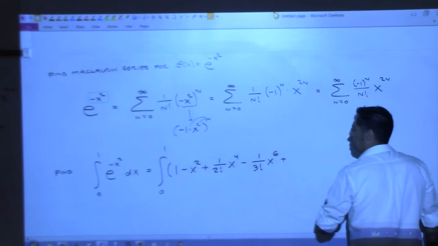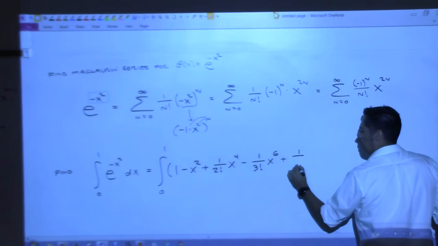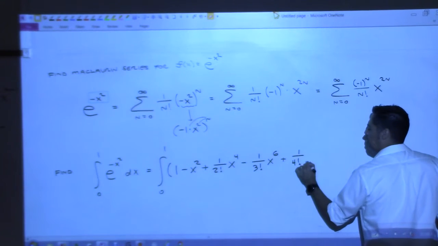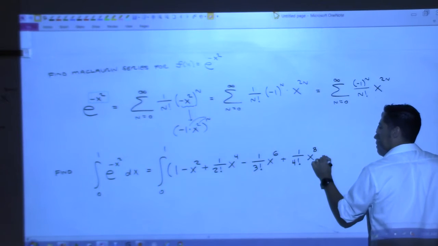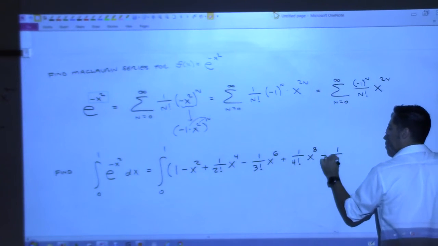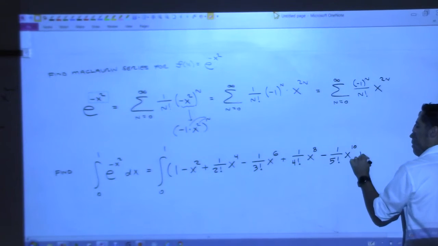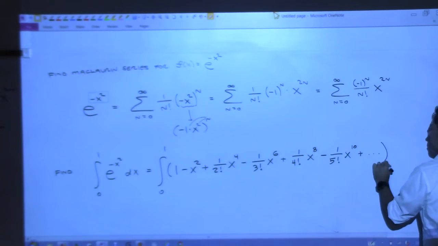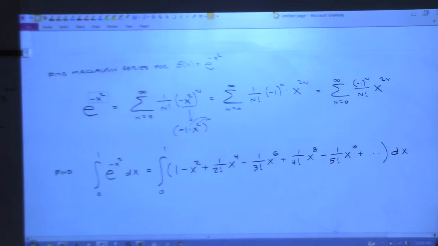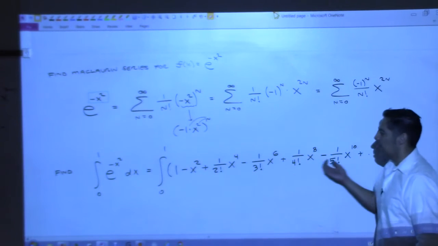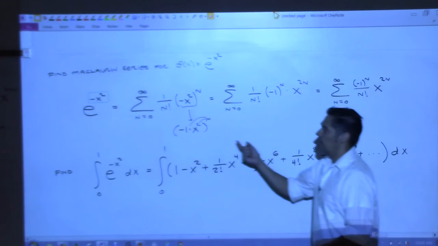Next one should be plus. 1 over 4 factorial x to the 8th. Next one, 1 over 5 factorial x to the 10th plus dot, dot, dot, close it off, dx. Right? Now we know that the infinite series here is equivalent to e to the negative x squared, and this is